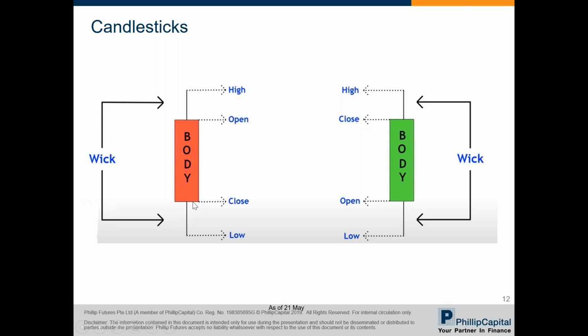Conversely, a green or blue candlestick, or hollow candlesticks in some charts, is shown as an up day. This means that it is reversed. The base of the body is the opening price, and the top is the closing price. In summary, it just shows you 4 pieces of information in one pictorial view: the open, high, low, close, through its wick and the color of the body. That's the basic, but most importantly, it also shows other information with the length of this wick and the length of the bodies, which tells you the strength of the price movement.